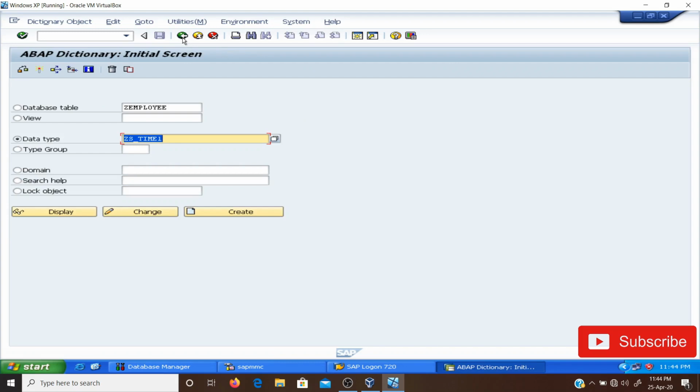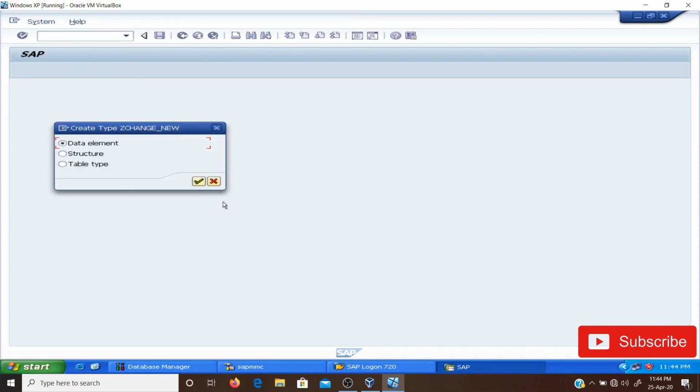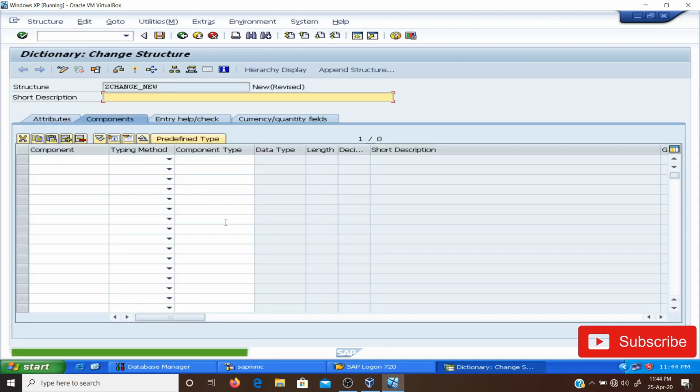Now click on the back button and create the structure with the name jet_change_new. Click on the create button, select the structure tab and continue. Now assign the component here.